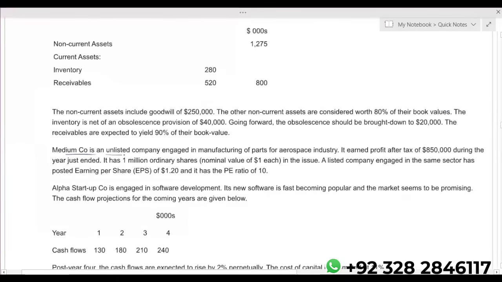Medium company is an unlisted company. Now, please, it's not a long question. It's a very short question. It's a section B question. Examiner will guide you how to calculate an unlisted company's current share price by using P/E ratio. Because we know that an unlisted company does not have its P naught. So directly P naught will not be available. Examiner is going to give you the P/E ratio of a proxy listed company. You just need to use that.